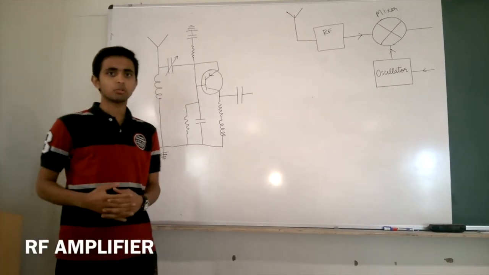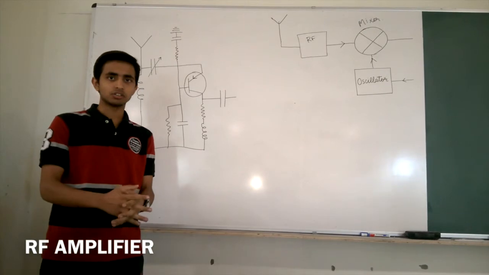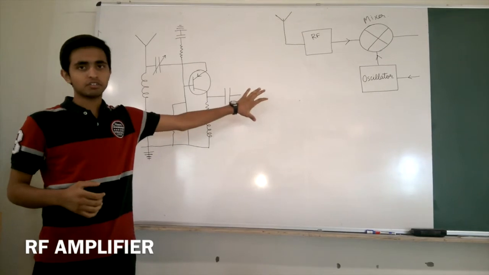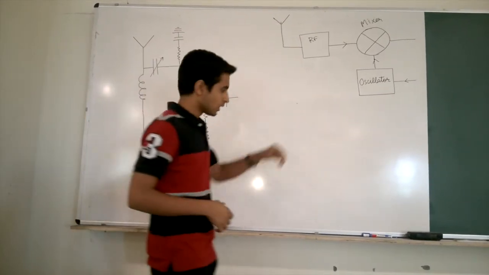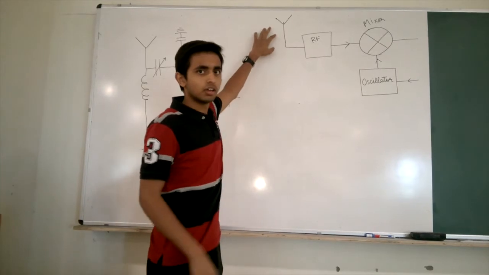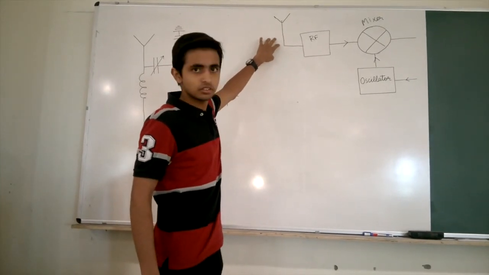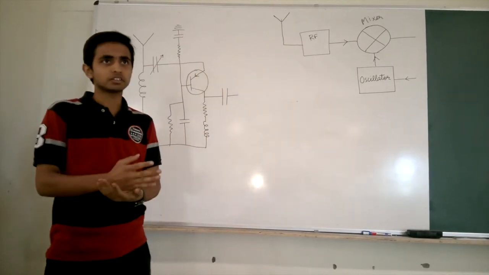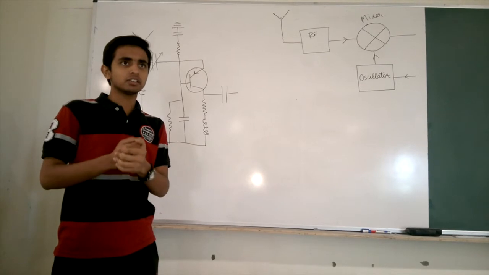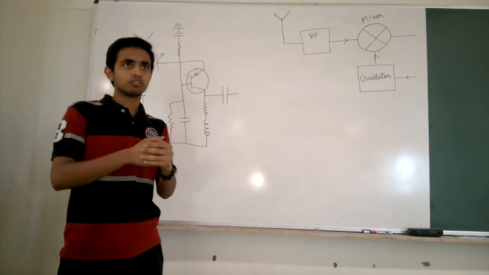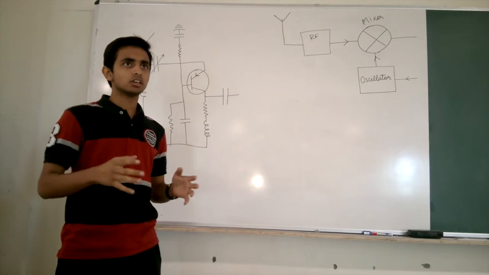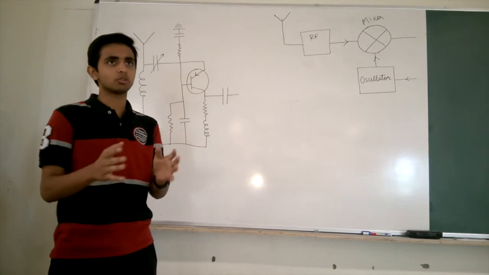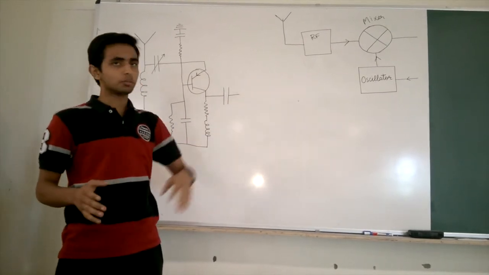So just now Manan told you about the basic components of an FM receiver and how it works. Now I, Saratagi, am going to explain the functioning of the RF amplifier. This is the antenna of the receiver, where the antenna receives the signals and passes them on to the RF amplifier. What an RF amplifier does is amplify the waves, plus it acts as a coarse filter. It filters out the noise as well as the large range of frequencies received on the antenna, and passes on just a short bandwidth of frequencies to the mixer and further on.